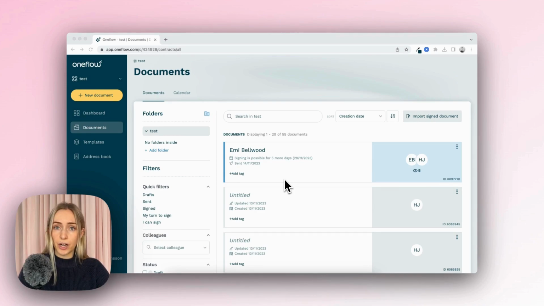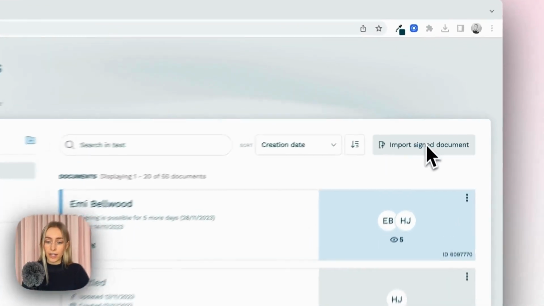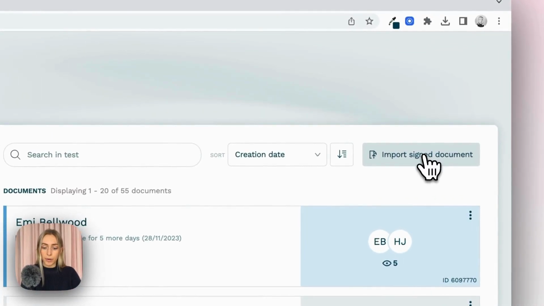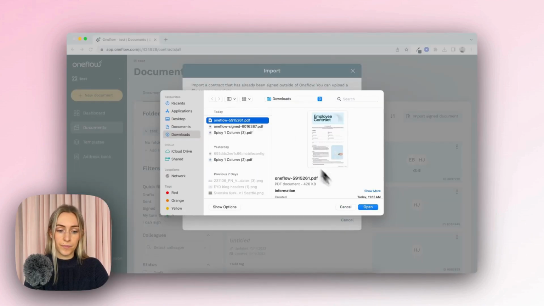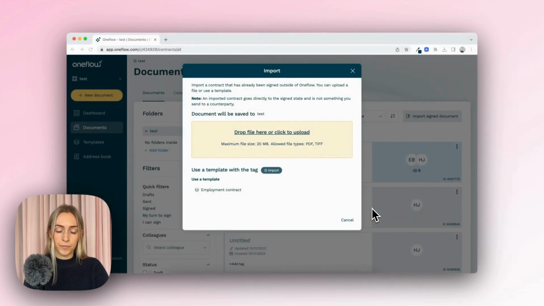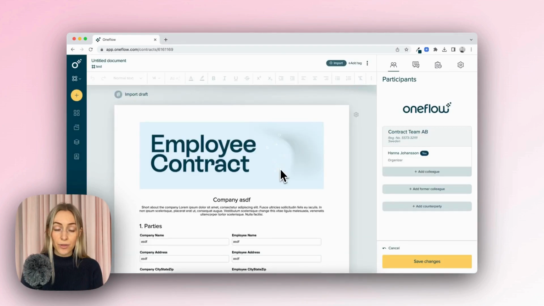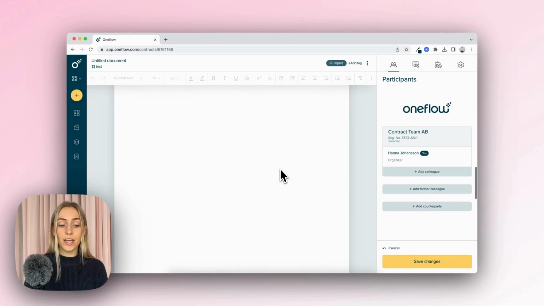In order to import your contracts, you're going to start in your document section here and go ahead and click on the Import Signed Document button. Now go ahead and just drop the file. Now the PDF has been dropped into this Oneflow contract, and the great thing is that you can still add